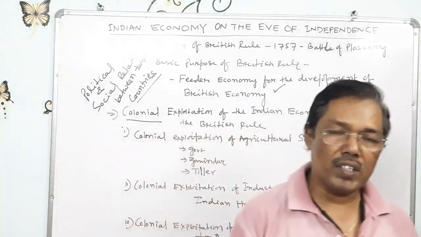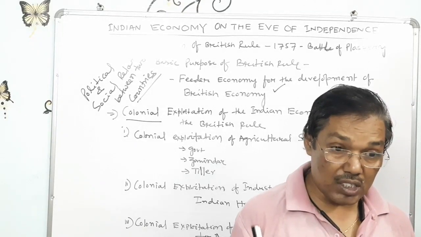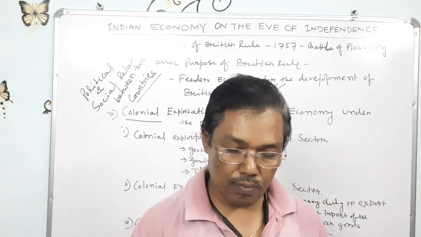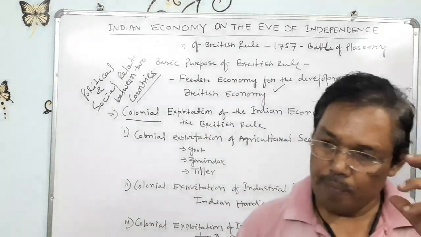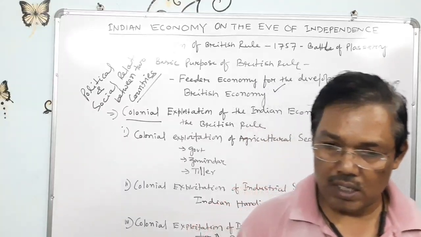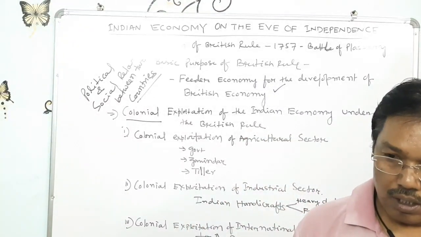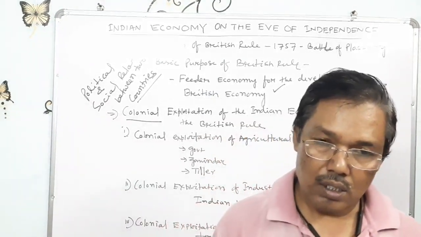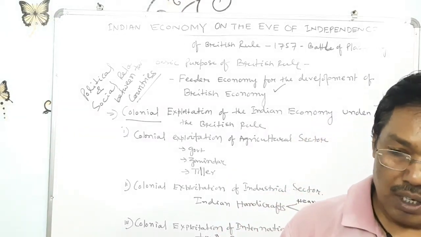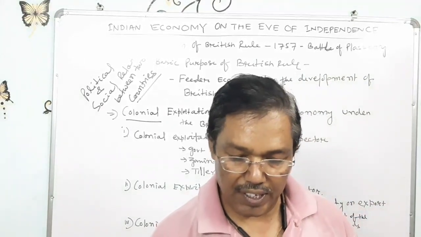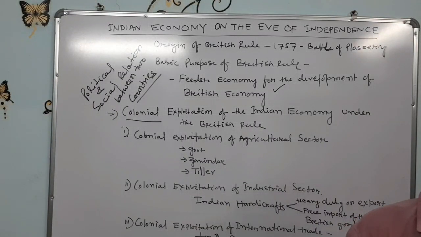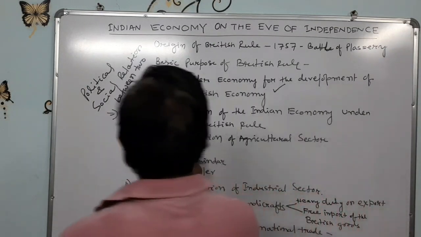When they entered our country, they realized how this country was surviving peacefully because its economy was sound. That is why they thought about how policies could be implemented in such a way that the Indian economy could be destroyed. That is why they started their colonial system. In this colonial system, there is a three-tier system.